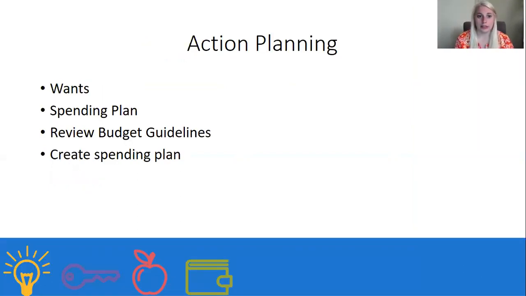So the action planning. The first step you're going to want to do is cut out those wants. That is the number one thing that's going to help you get that budget on plan and make adjustments and move forward towards your savings. Now, it is important that you do allow yourself some kind of want in life, because most people can't just live off the basic necessities, because it makes life not really worth doing all the savings and wants and all those things. So you want to make sure that you're still maybe including some of those, but you are cutting as much as you can to make your budget work.